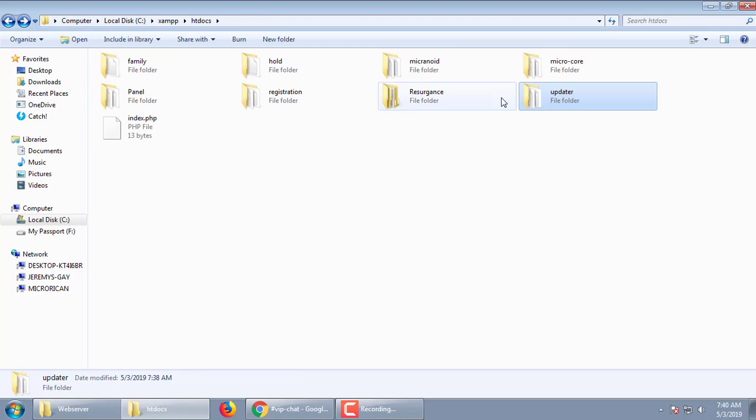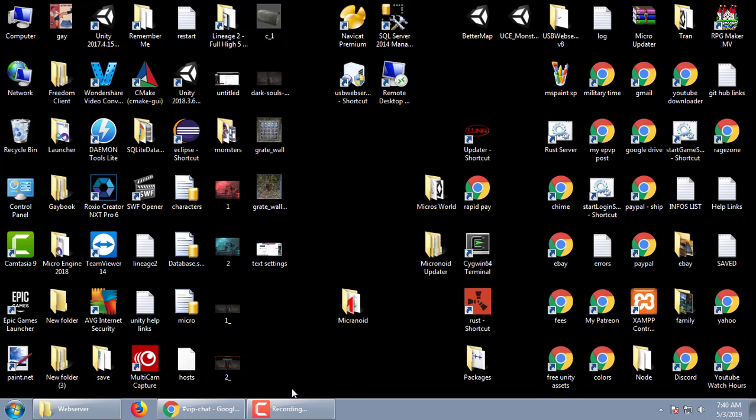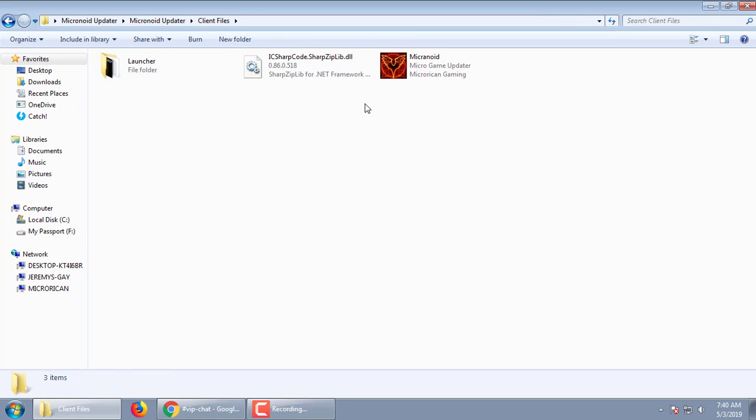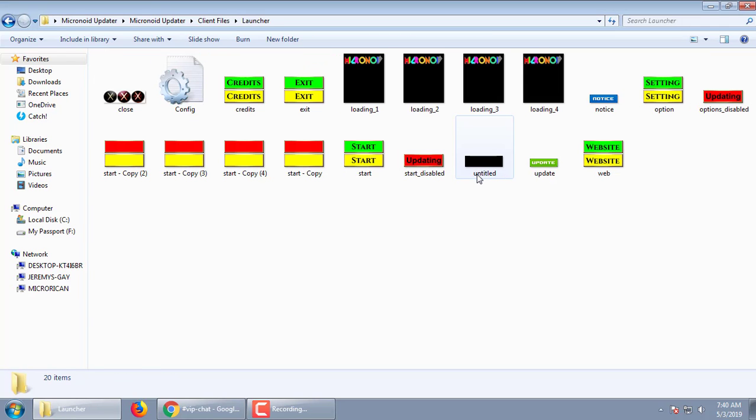So this is your web server folder. We're going to just go ahead and close out of it. We don't have to do anything in it right now. Okay, so back inside of here, like I said, these are your client files. You'll notice there's not a Microrican folder inside of here yet. If you're on a VPS, you'll go to your path, like your